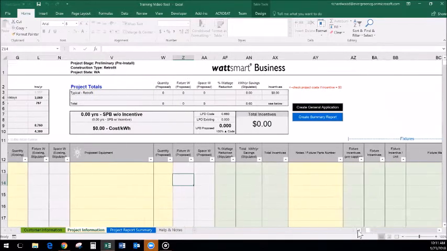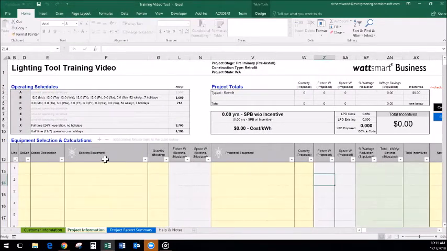Okay, now that we've gone over some of the built-in features and tools, let's look at how you properly enter a measure. Start by entering an operation schedule on line 1. This is a simple drop-down menu, and it corresponds to the operation schedules you entered on the customer information sheet. Now enter a description of the space where the measure will be installed. Please note that our program requires that all lights be split up in detail by space, so each space must